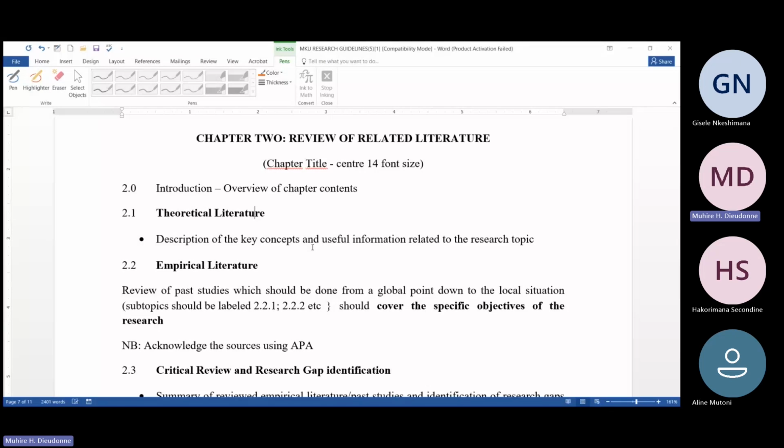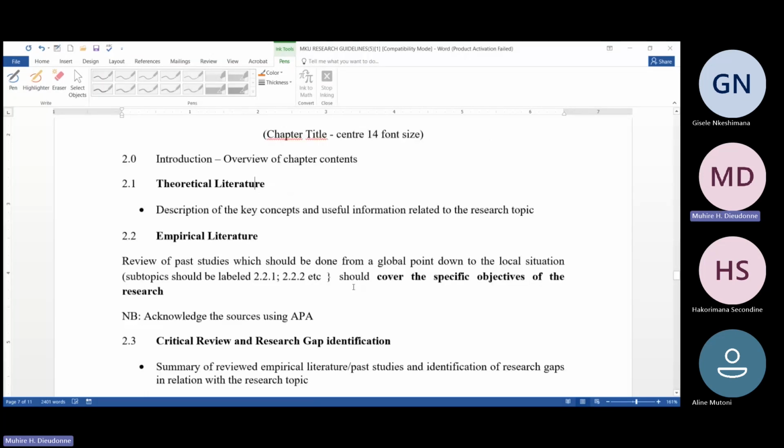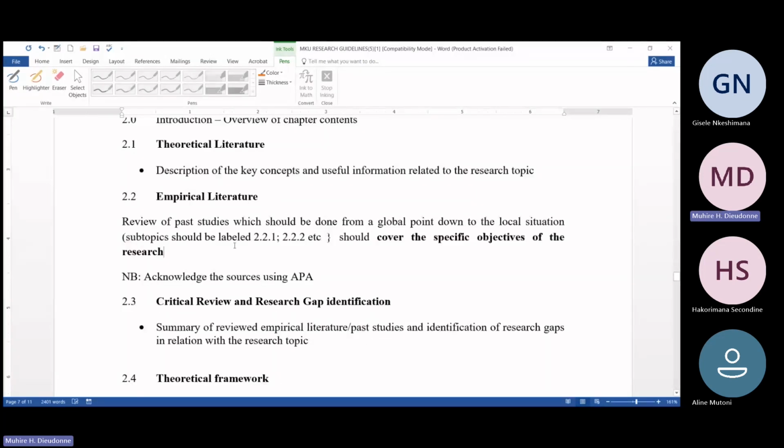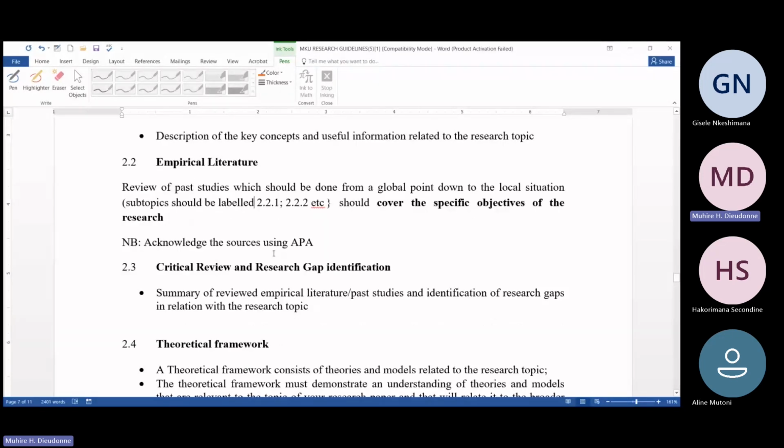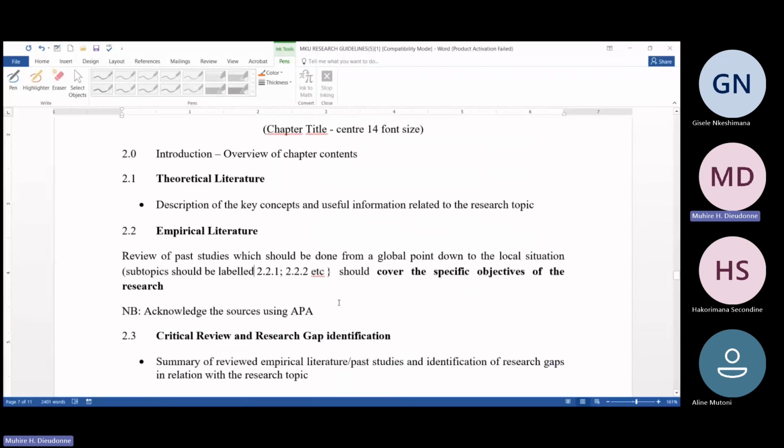On empirical literature, there are findings or results from other studies that have been done before, and they should cover your topic. Make sure that it covers your topic. Then we also make sure that all of them, all from the background, use APA format,